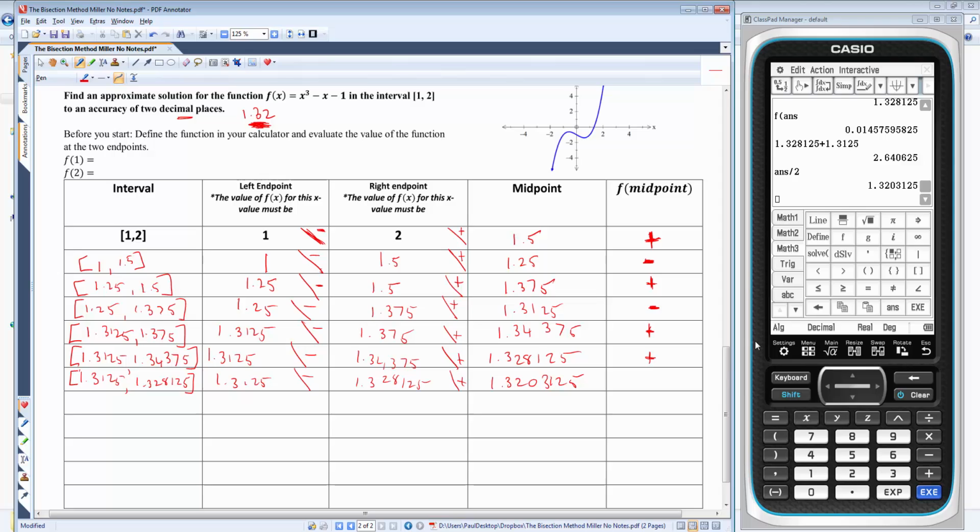1.320325. Now we're going to check out what y is when x is that value. So f of the answer, and it's negative. Okay, so it's suggesting, of course, that it's between this and this. So we're going to go